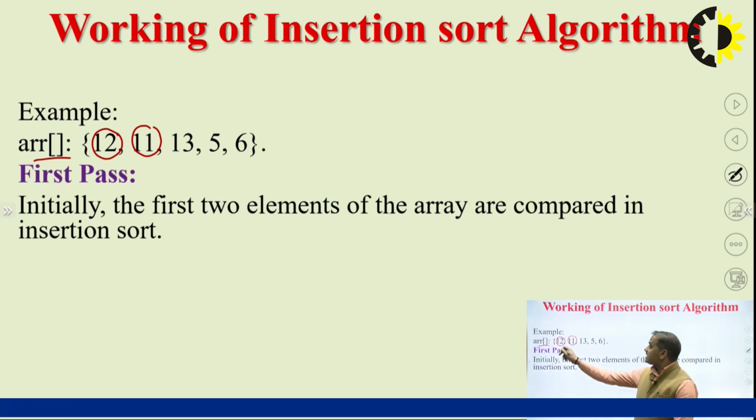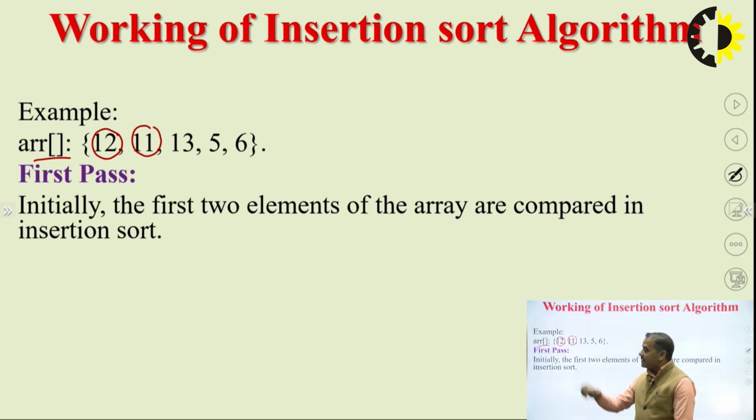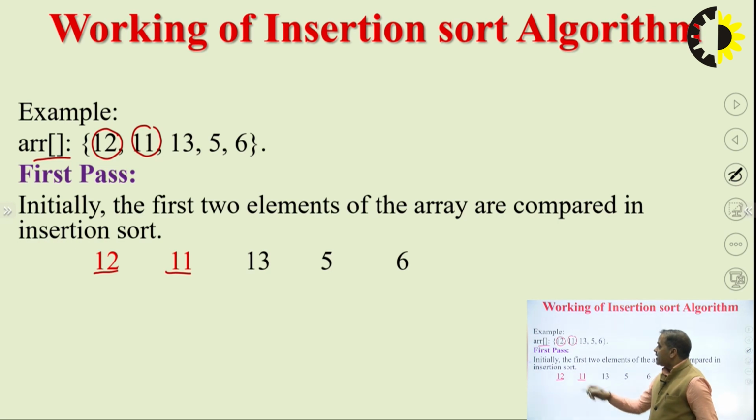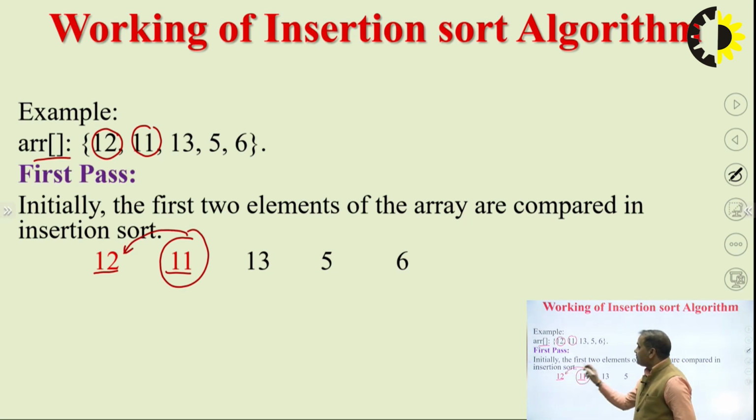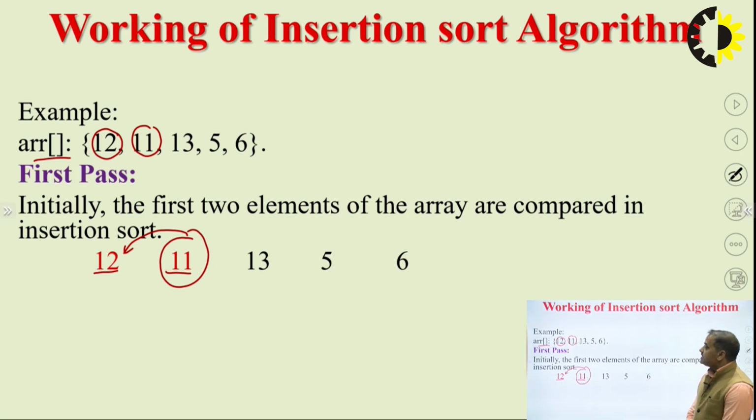If the first element is greater than the second element, we have to swap the elements and compare with the previous value. Here we take 12, 11 and compare 11 with 12. That means the value of key is 11, and we compare the key with the previous value. If the key value is less than the previous value, we swap and insert